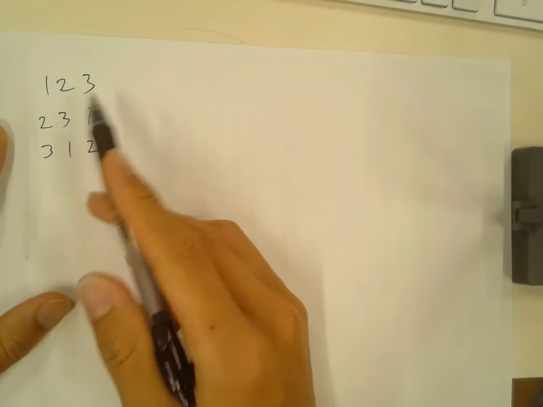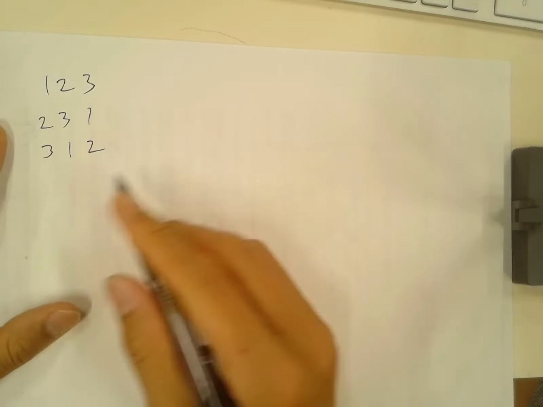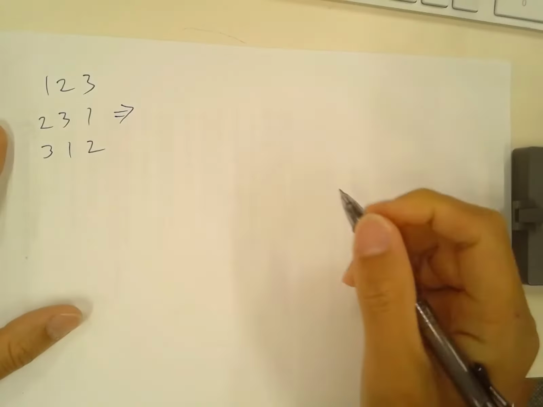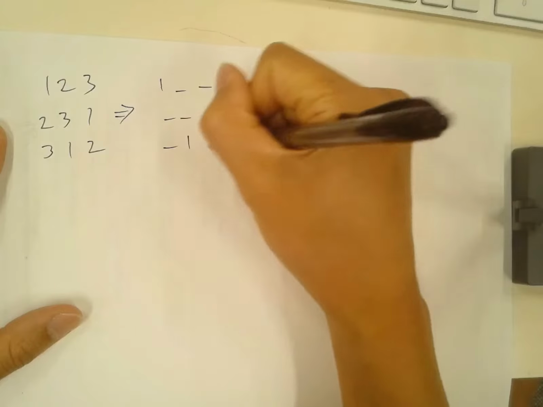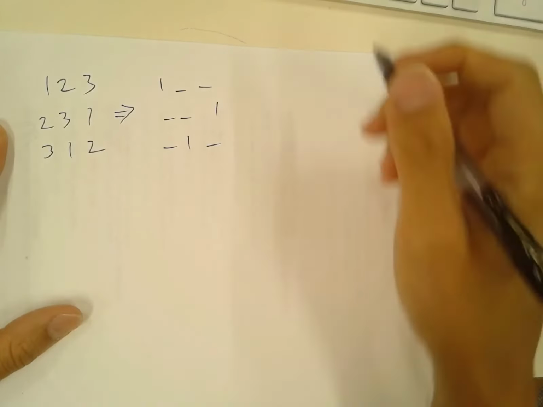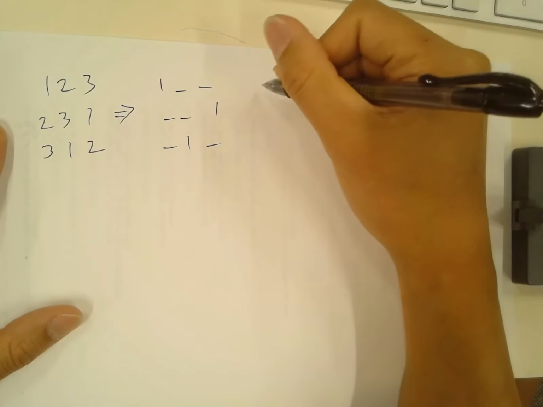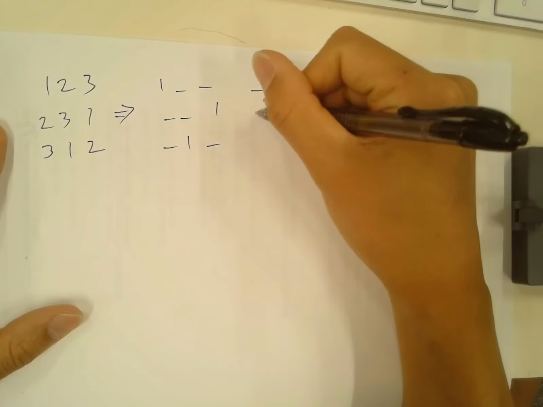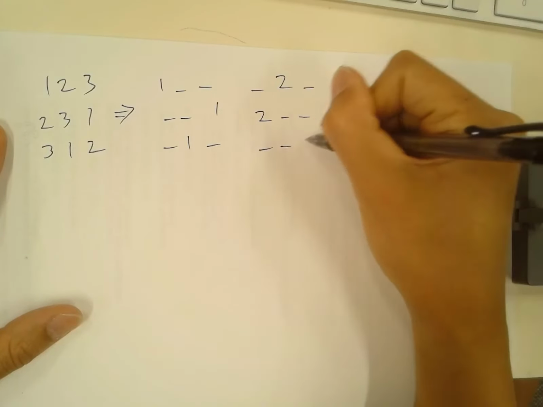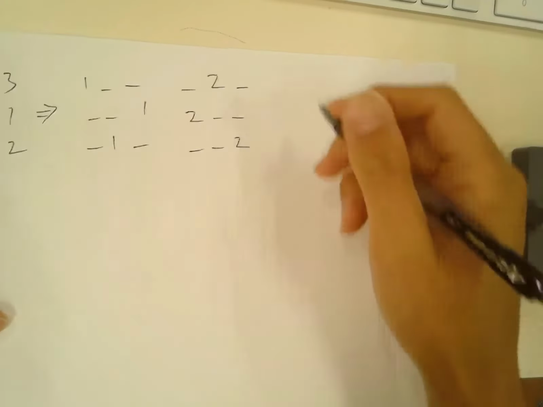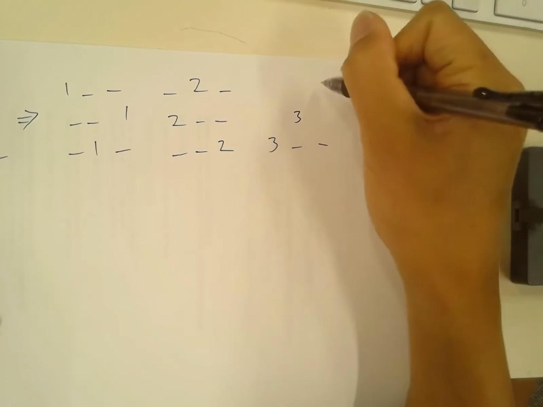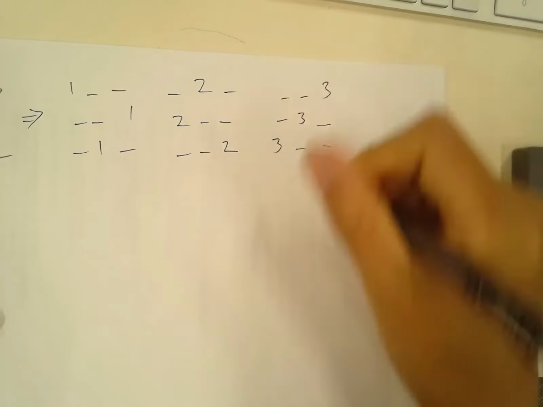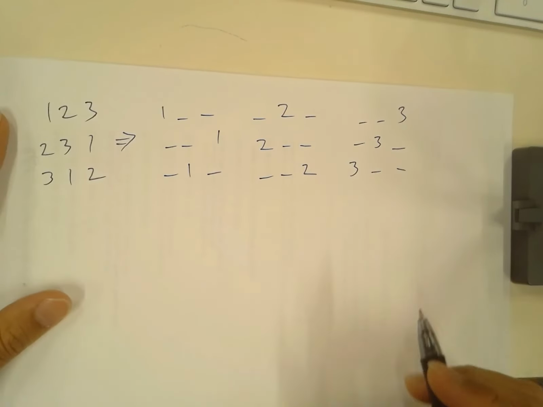Alright, so given this matrix here, we can go ahead and decompose it into its components, which would be the ones, and then we got the twos, and then we have the threes here in the end, which are along the diagonal. And so